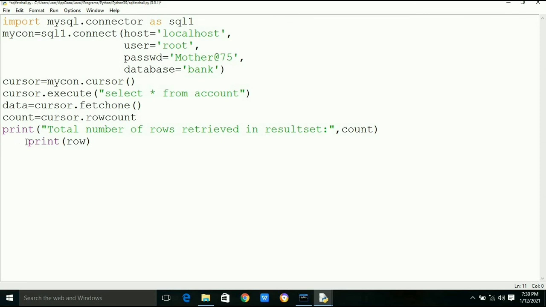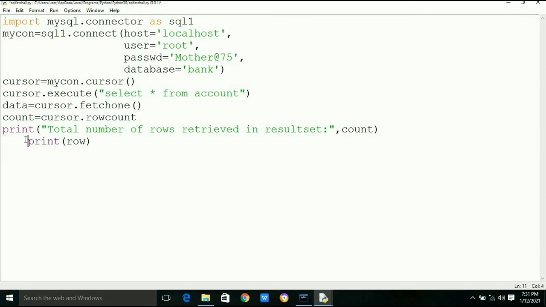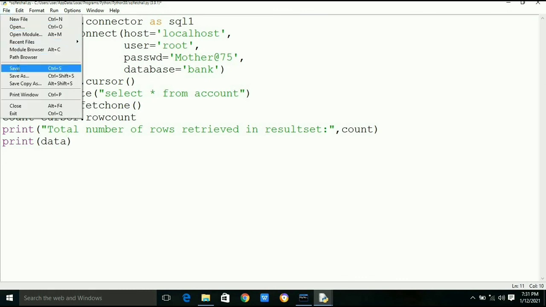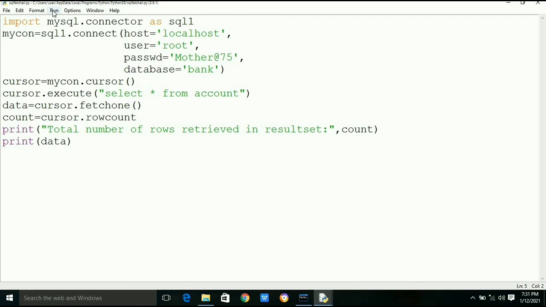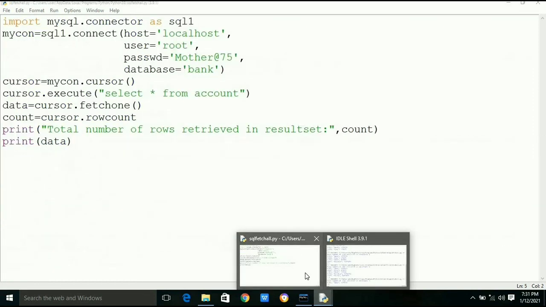The fetchone method will return one record from the result set as a tuple or a list. First time it will return the first record. Next time it will fetch the next record, and so on. This method returns one record as a tuple. As you can see, it returned a tuple.